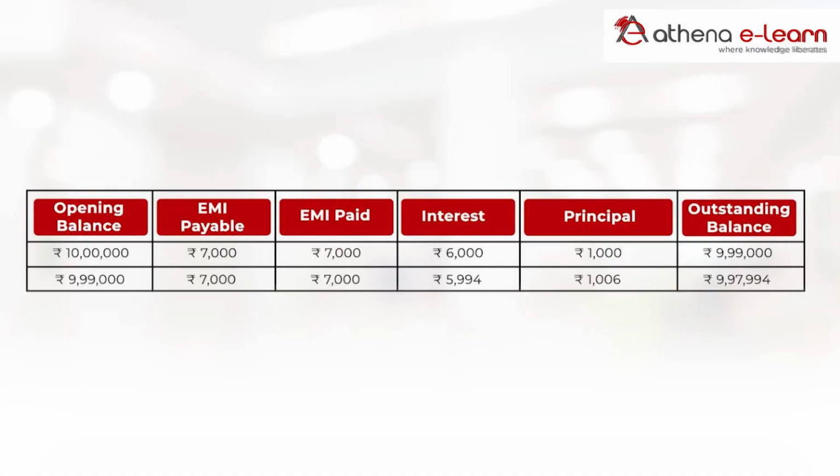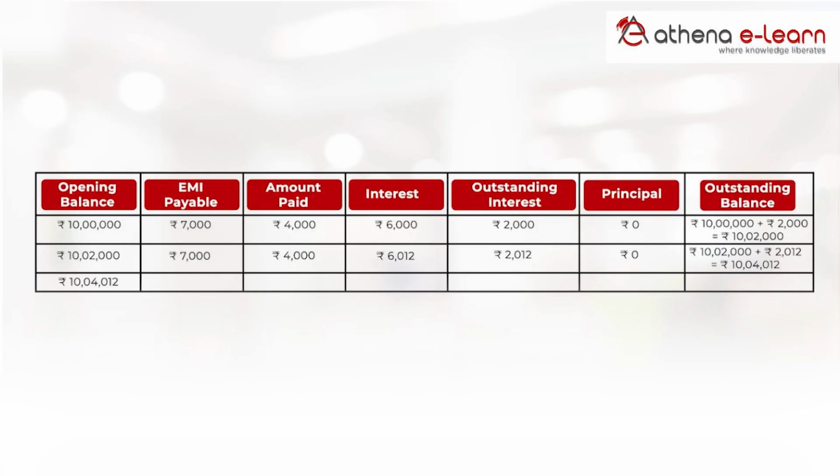For example, and a quick one here, a 10 lakh rupee loan: supposing the EMI is 7,000 rupees and 6,000 goes towards interest, there is a principal of 1,000 available. However, if you only pay 4,000 and the interest is 6,000, you are short on interest by 2,000. When you are short on interest by 2,000, it gets added to the outstanding principal. At the end of the month, you owe 10 lakhs 2,000. The opening balance for next month is 10 lakhs 2,000. You apply the same principal. Again, you are not paying full interest.